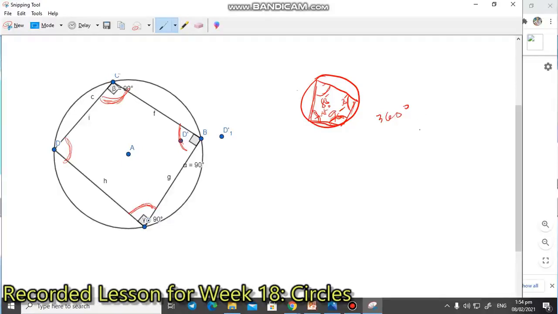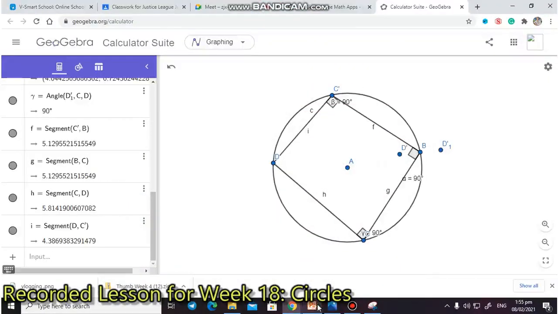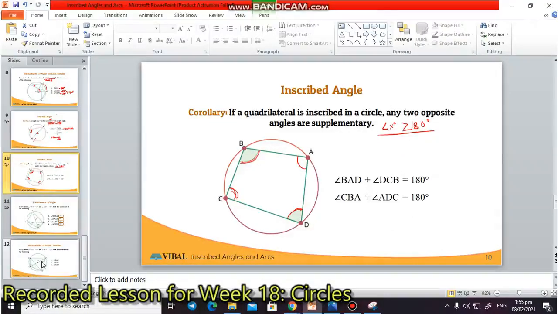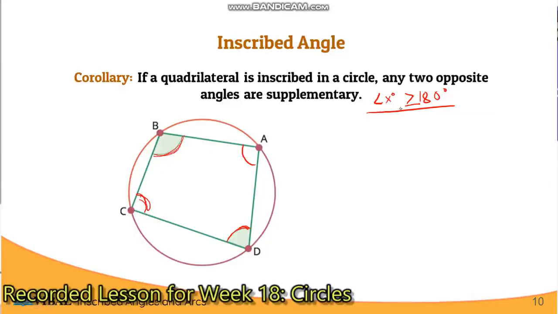And we know that the measure of the angles of a quadrilateral is equivalent to 360. So the measure of a triangle is equivalent to 180 degrees. So, yun yung pinoprove ng ating corollary. So, balik tayo dun sa PowerPoint. Okay. So, that's for the inscribed angle involving quadrilateral. So, take note, may mga arc forms din tayo dito. Ayan, may mga arc forms din tayo dyan.